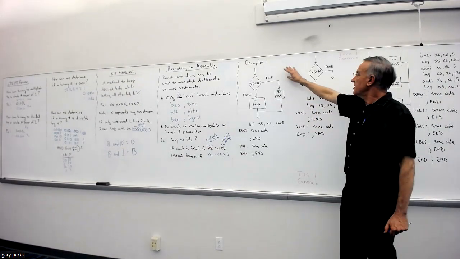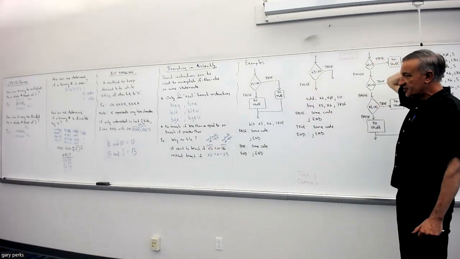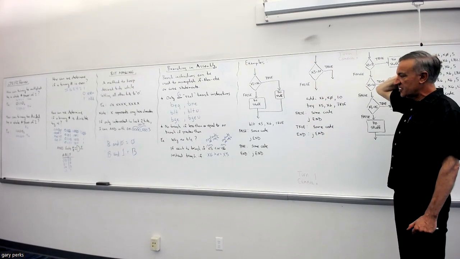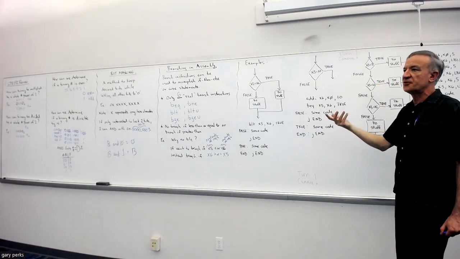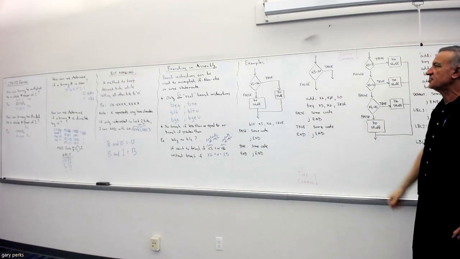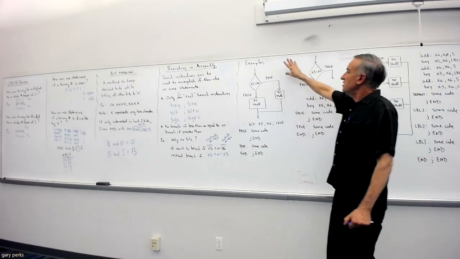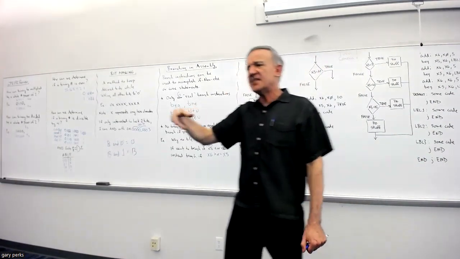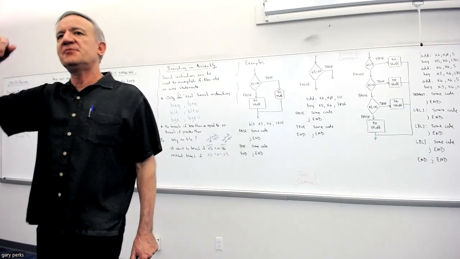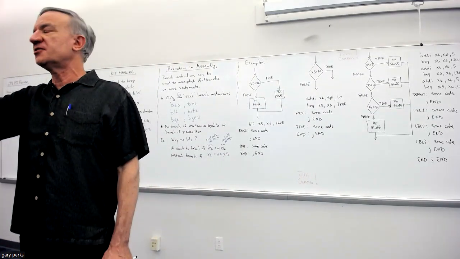Okay, so let's move on. I've got several examples here to show how to do the branching in assembly. And then, like I said, we're going to get to the assignment, and I'll do the first part of the assignment, and then you're going to do the second part. So, let's start here, because anytime you're going to write some assembly code, you always start out with a flow